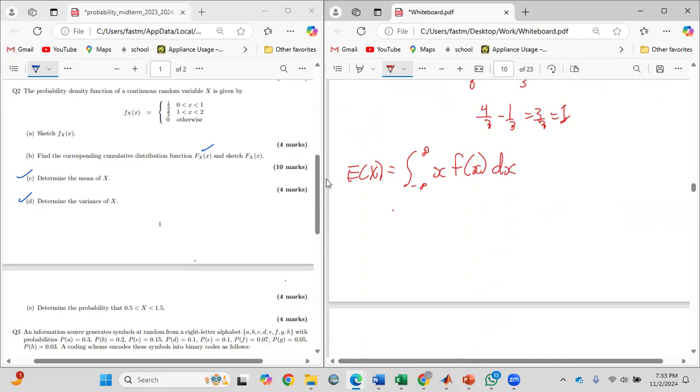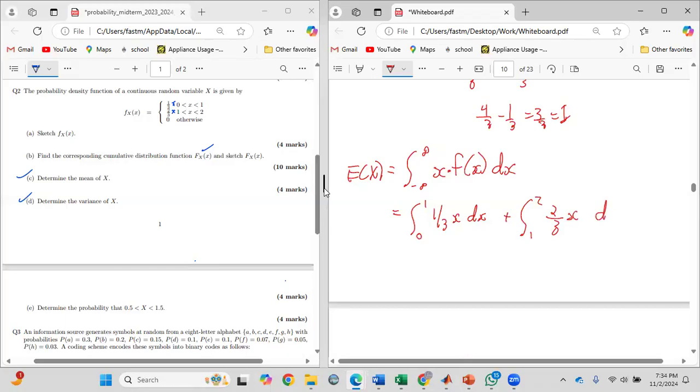So for this part, you're integrating the PDF. When you have two ranges, it could be the integral from 0 to 1 of 1/3 x dx. Remember, we had to multiply the x by each of them, so it'll be 1/3 x and 2/3 x. Now what do I mean by x f of x? Plus the integral from 1 to 2,